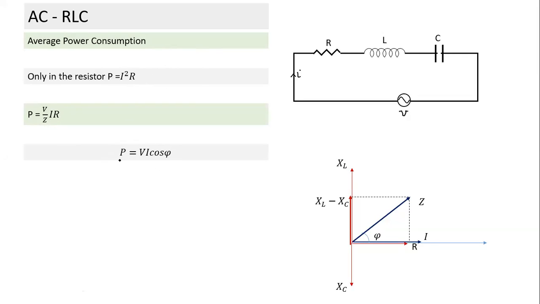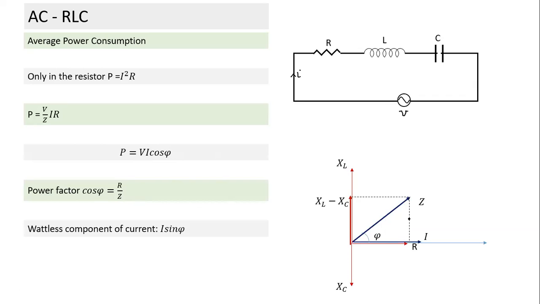Many times the meters we have for measurement of power consumption measure current. But power consumption will not be a product of V and I. It will depend on the phase difference between voltage and current. So we write VI cos phi. What is this term cos phi? I think we can understand this from the phasor diagram. It comes from this triangle and this angle phi, and this term is called power factor.